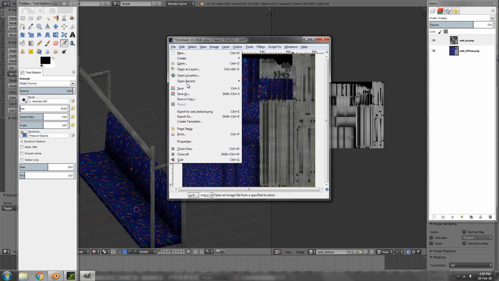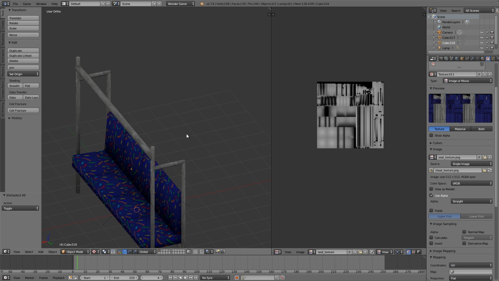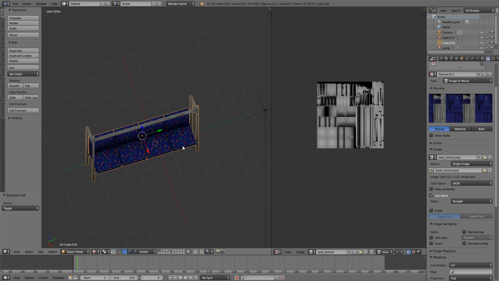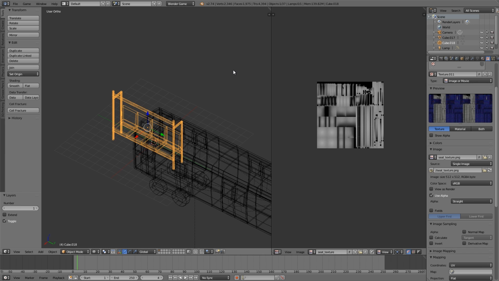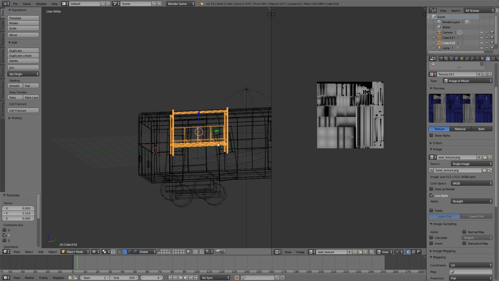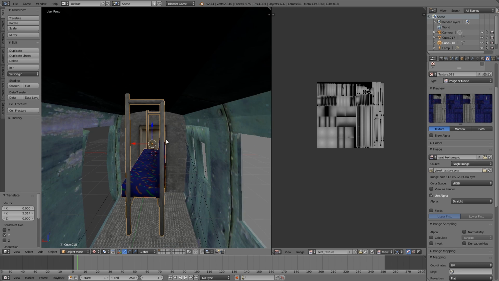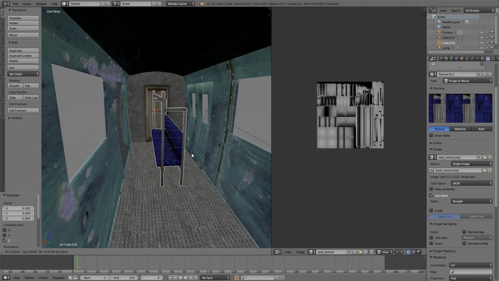So I might turn this one down to 70, click export to seat texture, and then refresh. Now what we can do is we can select this and duplicate it within our carriage. So let's go to layer 2 down here, select our carriage and all the pieces, press M and move to layer 1. Then I'm going to go ahead and press S to scale it in, and GY, and now I'm going to press numpad 5, Alt Z to go into texture mode, and we'll just move it here accordingly. So not where the doors are, GY,